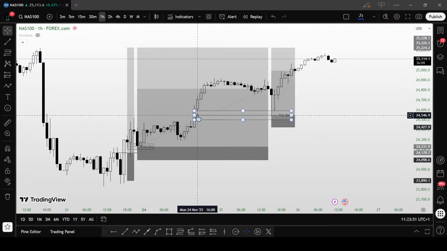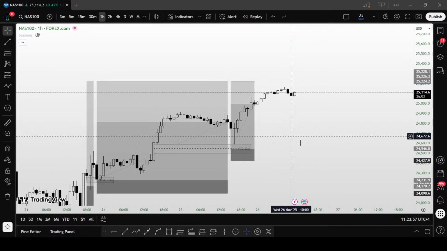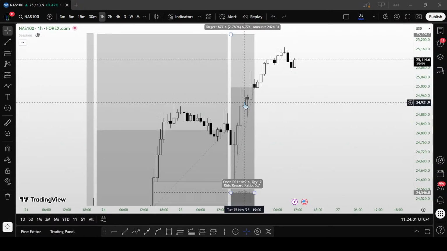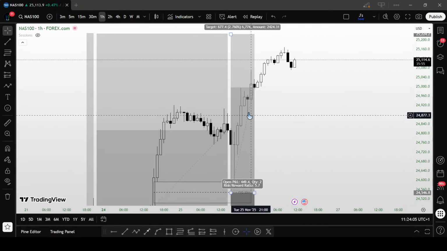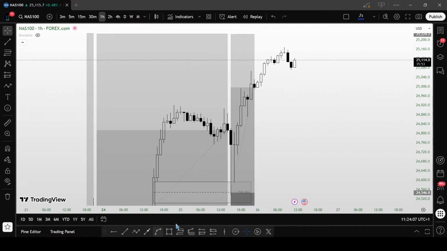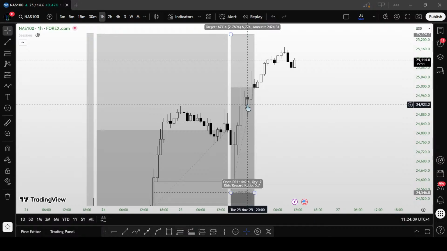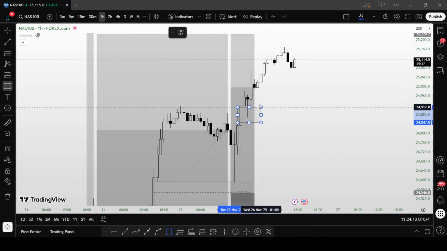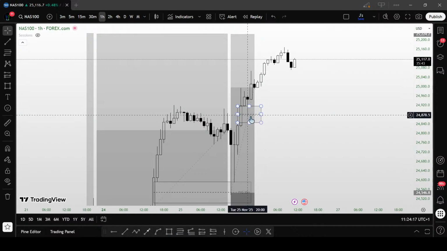Okay, there was a fair value gap here. Price just came from there. After the break of structure, which was made by this candle here, we saw price going back inside this fair value gap once again and pushing back up. This was around night time. I don't usually stay on the charts during the night time, but had I been there, definitely we could have seen this coming.